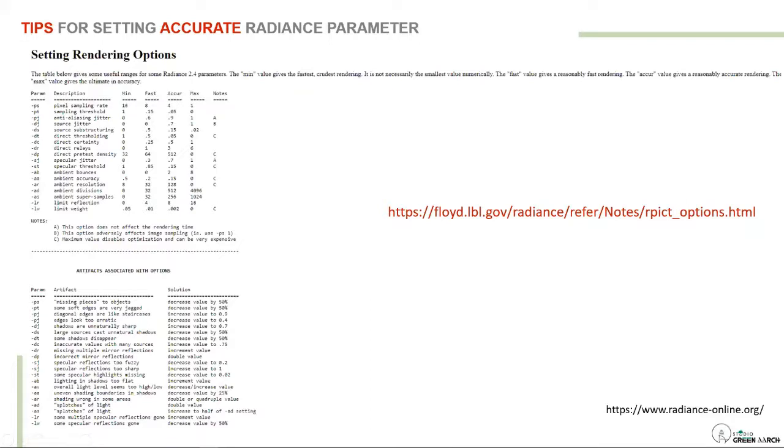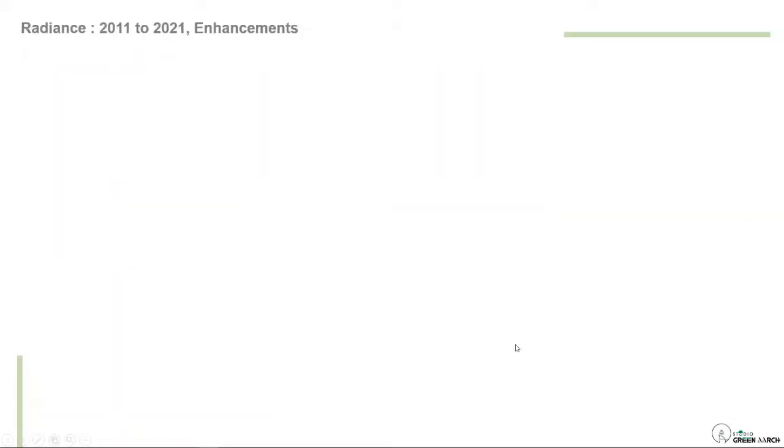You should have an urge to understand how it is working, because whenever a scientist or any developer is developing a simulation tool, they are trying to replicate reality in the computer world. So it is very interesting to understand how real life conditions are modeled in computer simulations. Okay, so you can go to this particular website. I'll share this PPT with you also, so that you can have a look on your own. This is from the Radiance website online.